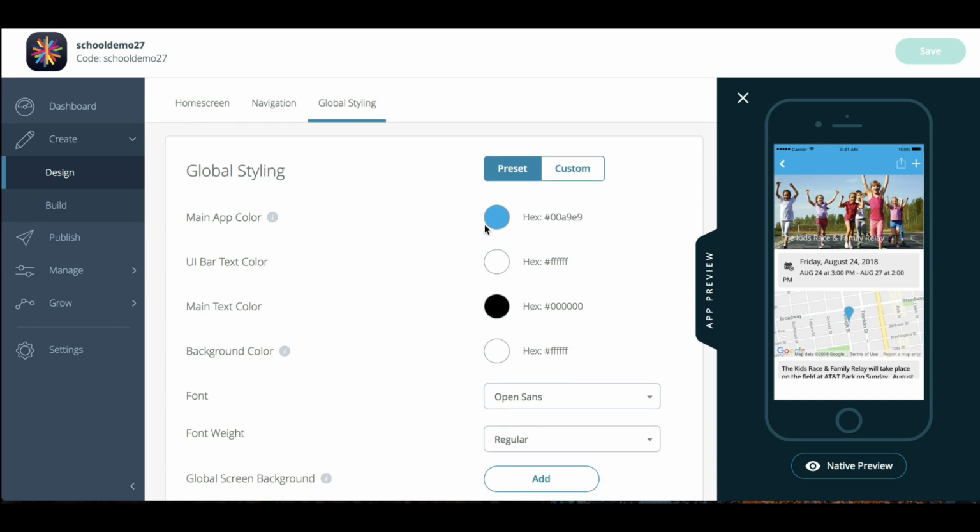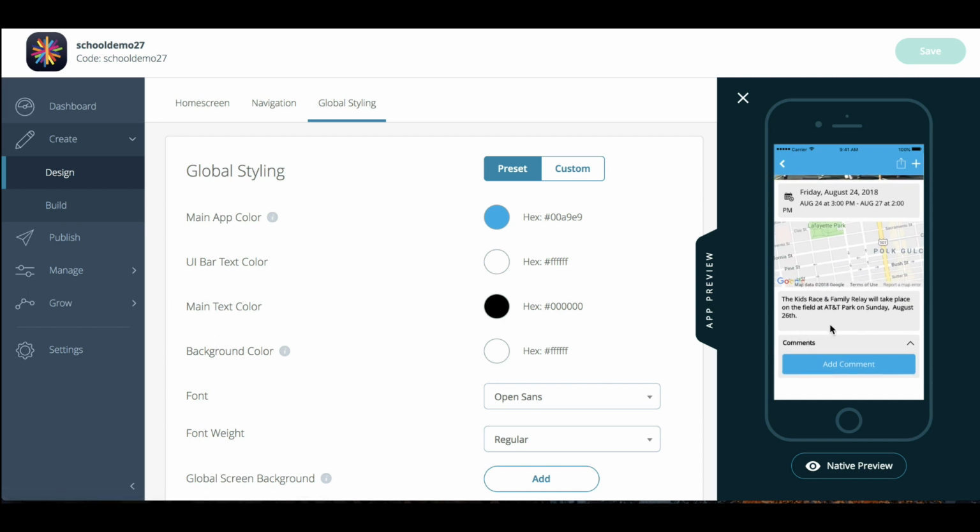So my main app color is going to be blue. UI bar text color: is this considered the UI bar here at the top, this area where it's blue? So those would be like header images or header colors throughout the entire application. So I want the text color to be white, and I want the main text color of my app to be black. That would show up like here, and where the comment says